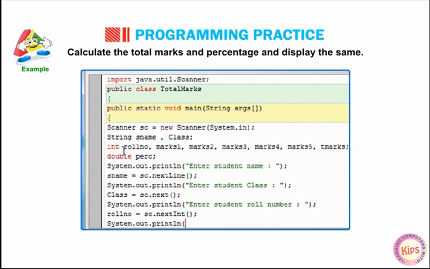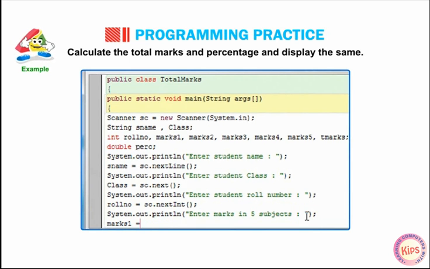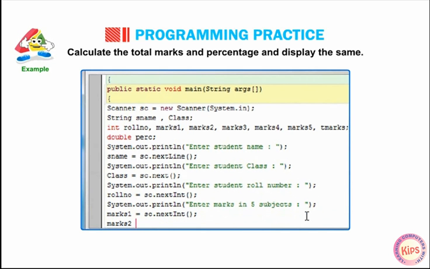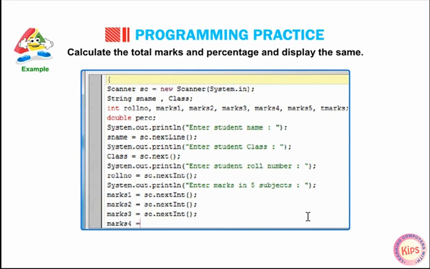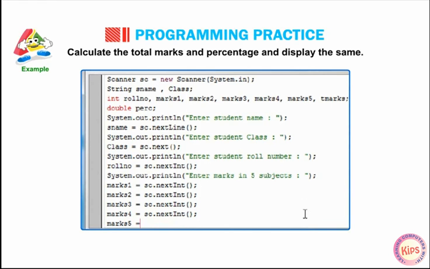System.out.println("Enter marks in 5 subjects:"); marks1 = sc.nextInt(); marks2 = sc.nextInt(); marks3 = sc.nextInt(); marks4 = sc.nextInt(); marks5 = sc.nextInt();